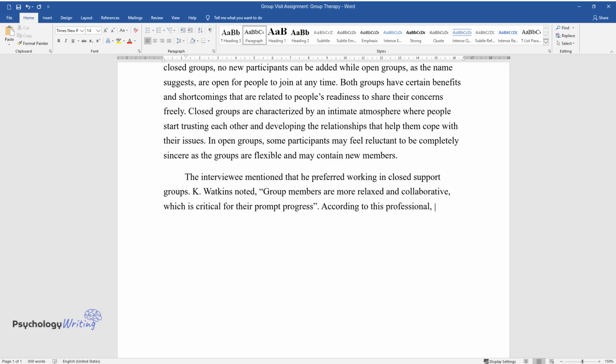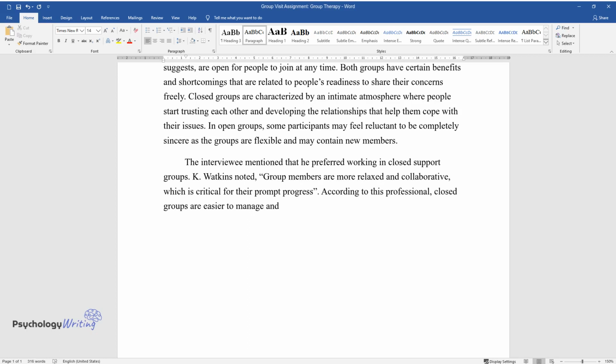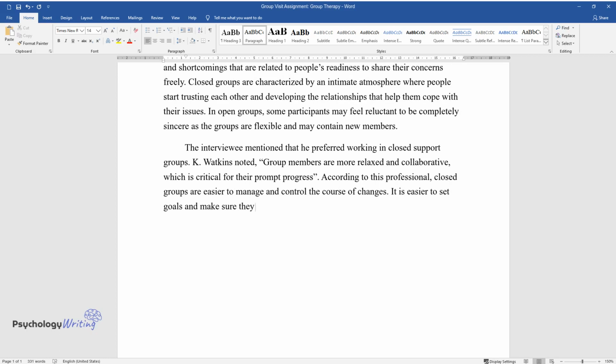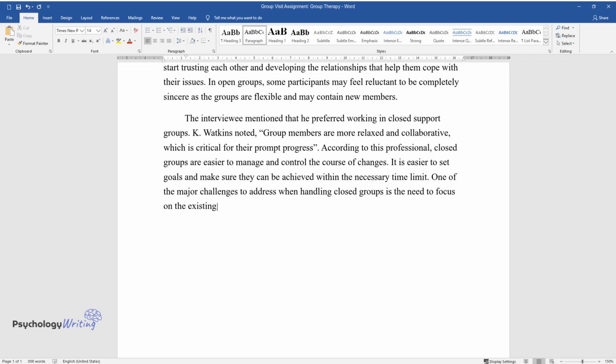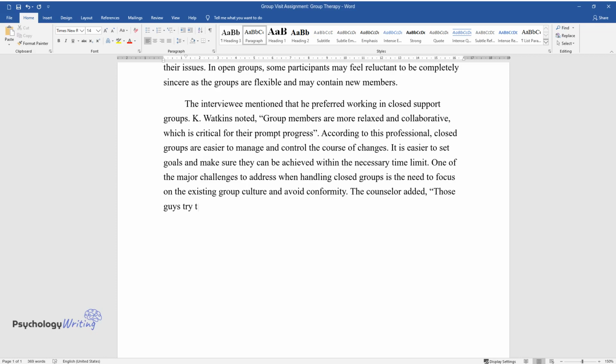According to this professional, closed groups are easier to manage and control the course of changes. It is easier to set goals and make sure they can be achieved within the necessary time limit. One of the major challenges to address when handling closed groups is the need to focus on the existing group culture and avoid conformity. The counselor added, "Those guys try to make alliances and change the agenda, which is not